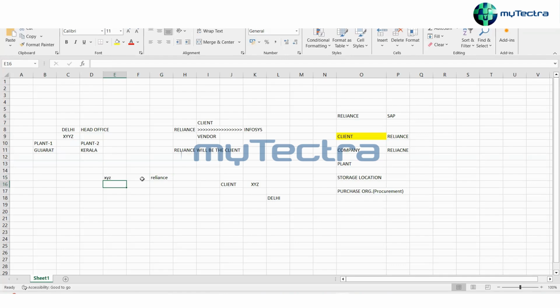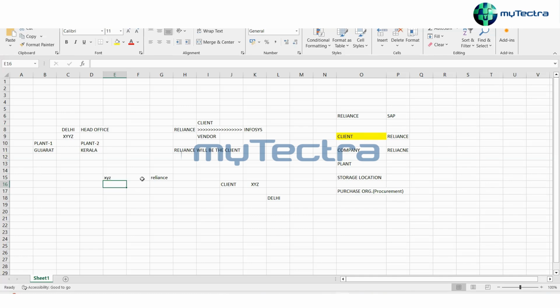So now your company has done a deal. But suppose the person who is making the PO is a new guy. He does not know, and he has so much work that he can't remember every time that this raw material must be bought from this vendor.